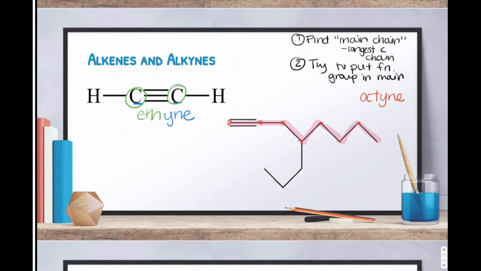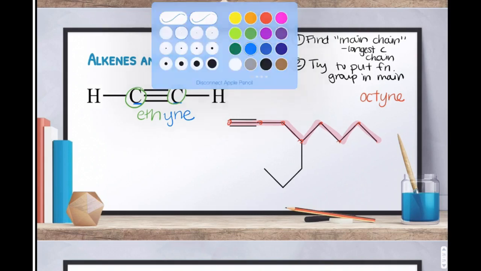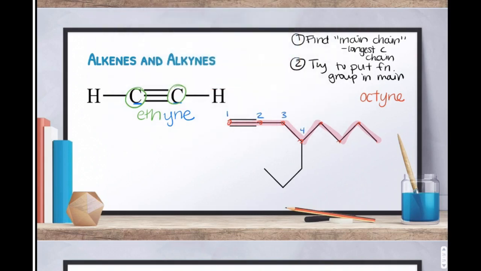And before we do the side chain, you have to tell me where the triple bond is. So we have a couple of options to number our carbons here. We can number our carbons 1, 2, 3, 4, 5, 6, 7, 8, or we can number them the other way, 1, 2, 3, 4, 5, 6, 7, 8. So do we want to say that our triple bond and our side chain are on carbons 1 and 4 or 5 and 7? Those are our options. Choose the lowest